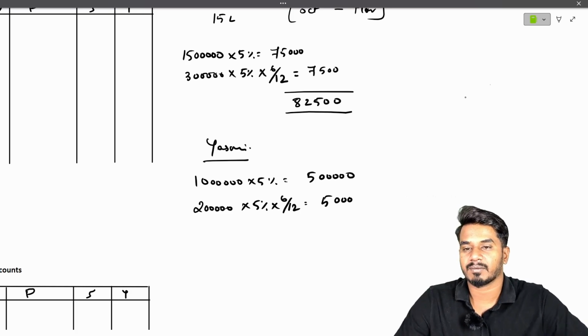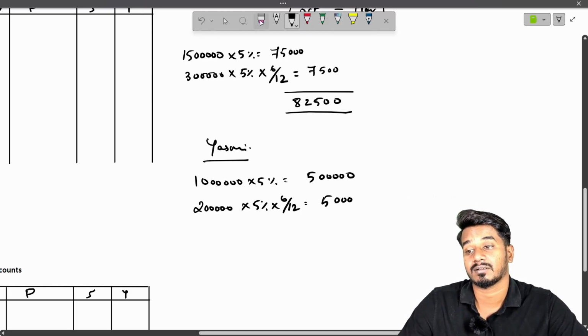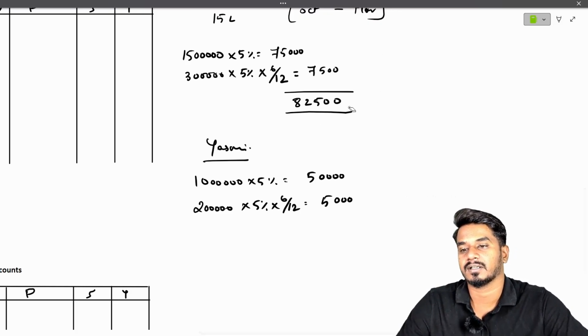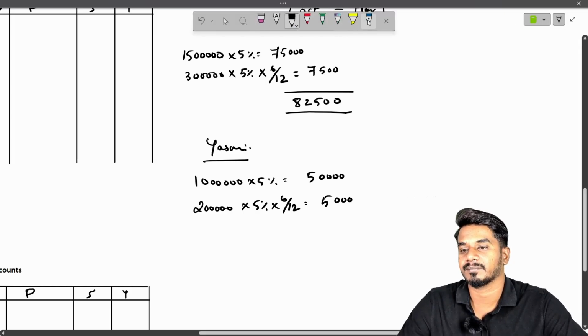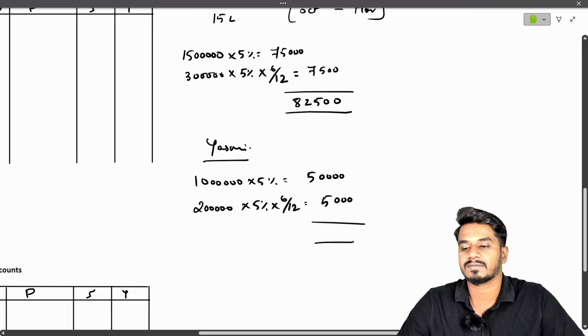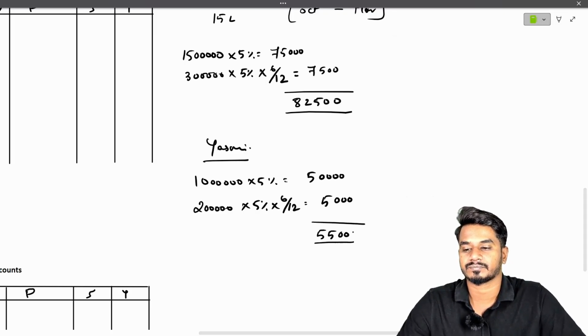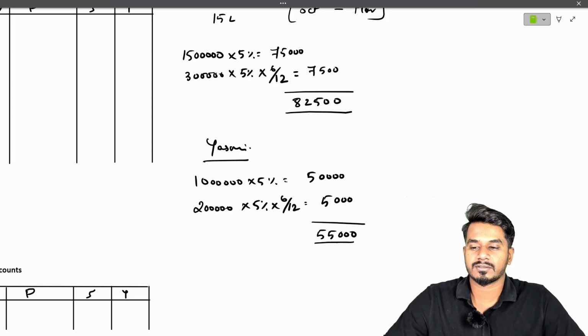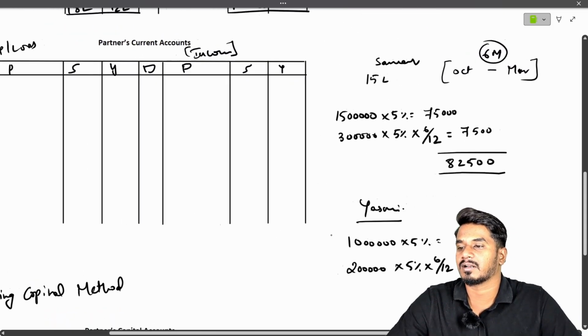Oh, for everything I'm writing one zero extra. Don't mind it. Right. So total it is 55,000. You understood? Let us write the